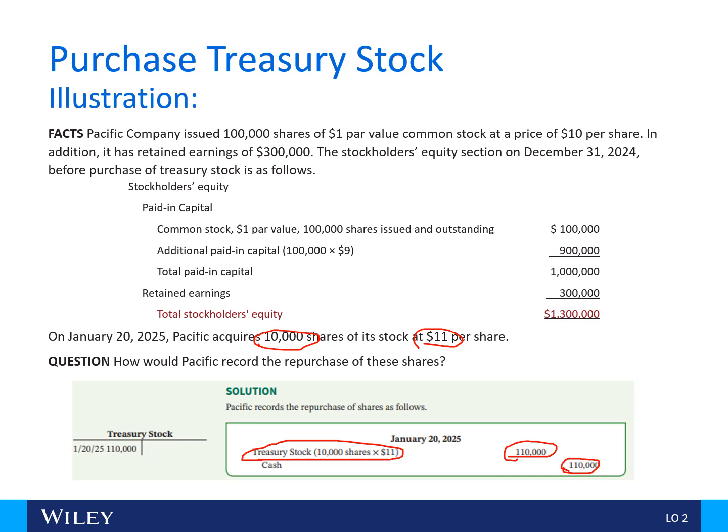Okay, so if the company had purchased someone else's stock, it would be investment in stock, debit, credit cash. Here, it's investment in treasury stock, if you want to call it. It's not really an investment, but it's a purchase of treasury stock, so it's also a debit, and you're going to credit cash similar to what you would have done if you were buying someone else's stock, except that if you bought someone else's, it's in the asset section. If you're buying your own, it's a contra equity account.